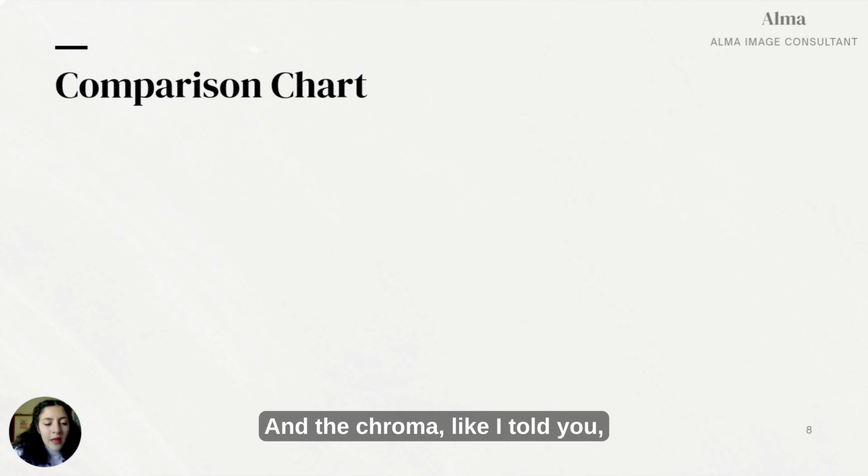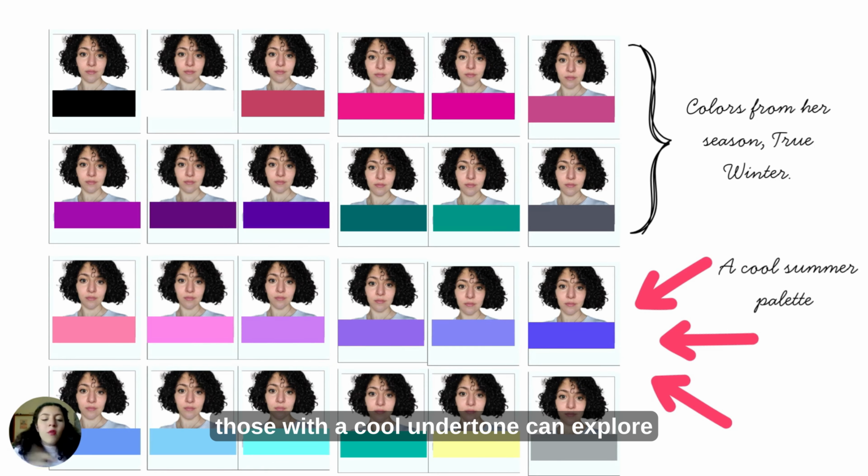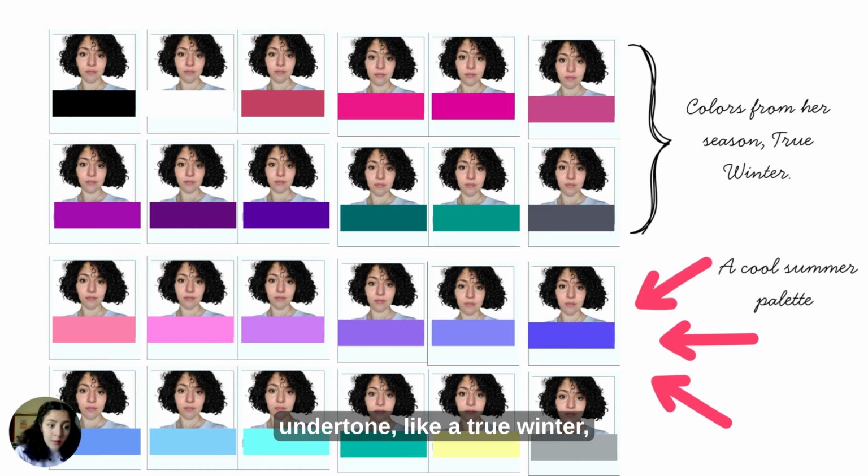And the chroma, like I told you, for the true winter is very high, for the cool winter is high, but not that high, and for a cool summer it's lower than a winter. So, in summary, those with a cool undertone can explore colors from cool subgroups, avoiding warm hues. If you have an extreme cool undertone, like a true winter, cool summer, or cool winter, I encourage you to